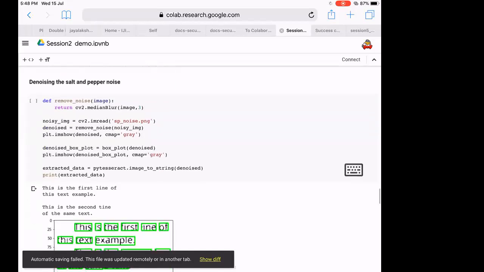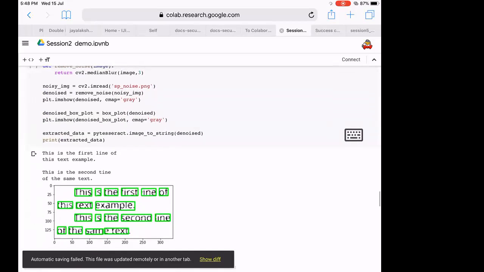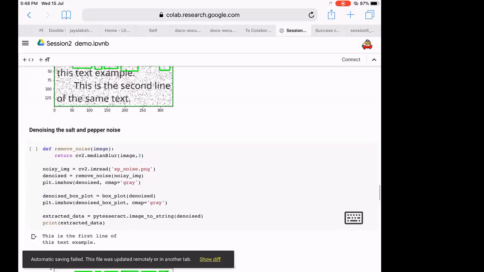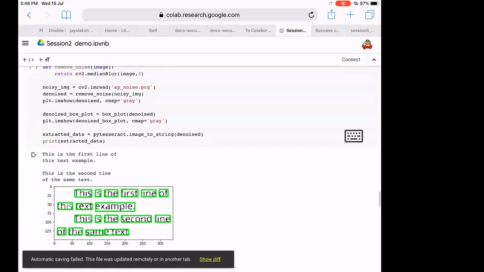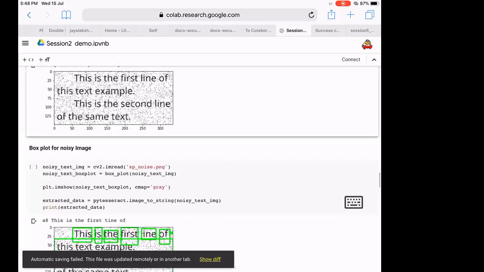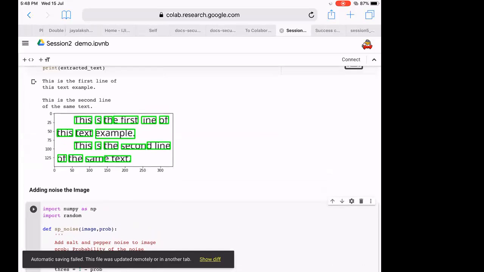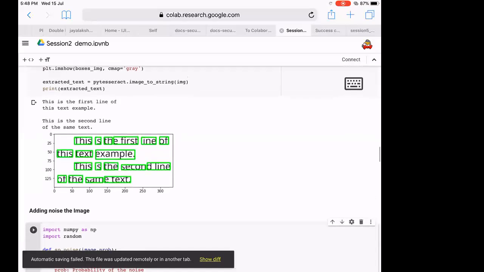So this is how the denoised image looks. Once you have passed a denoised image into the image-to-string function of the PyTesseract library, it's able to detect the words perfectly fine. It does not have any kind of difficulty as such. Even though the characters are slightly distorted, the bounding boxes are recognized in exactly the same way. The only difficulty here is that because the characters are going out for a toss, the image-to-string function will be